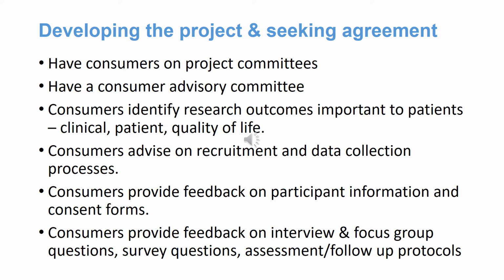One of the things that has been super helpful is having consumers provide feedback on participant information and consent forms. Often these are written in very formal and high language, and so being able to have someone with the lived experience of a condition or a lay perspective to provide some feedback on that wording has been invaluable. And in the same way, providing feedback on any of the interview, focus group questions, survey questions, assessment on follow-up